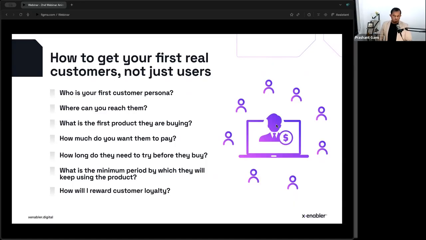So going back to our example of the dementia platform, the users are the carers who look after the person with dementia. But the customer or the payer is the owner of the aged care. So how do I get the aged care owner to sign a contract and buy the product? The problems for the users and the customer are both important, but they are not the same.